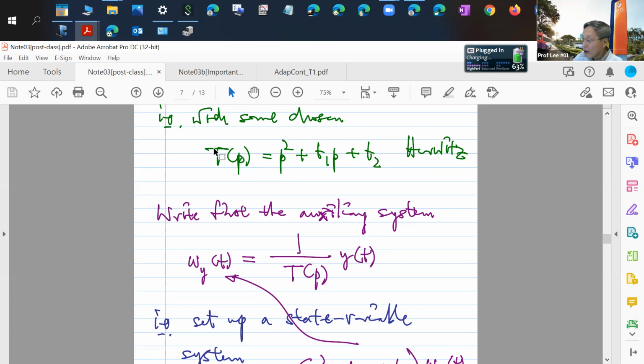You need to think about how to properly choose it, the bandwidth and things like that, when you set up your adaptive control system. But from a theoretical viewpoint, the only requirement is that it should be stable, Hurwitz. That's all. But when you go and work on your adaptive control, which is actually close to what you will do in a real situation, you have to think on how to wisely choose the T so that